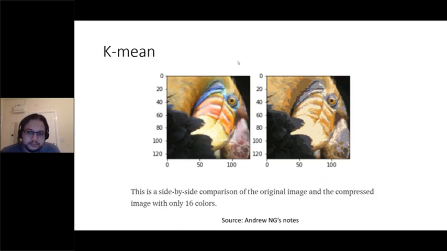Yes, the input is a matrix, but you can see it as each data point being one pixel. Then we cluster all the pixels, grouping them into 16 groups, and each group receives the color of its centroid. We end up with something like this. It doesn't look bad, slightly better than this one. What do you think, guys?